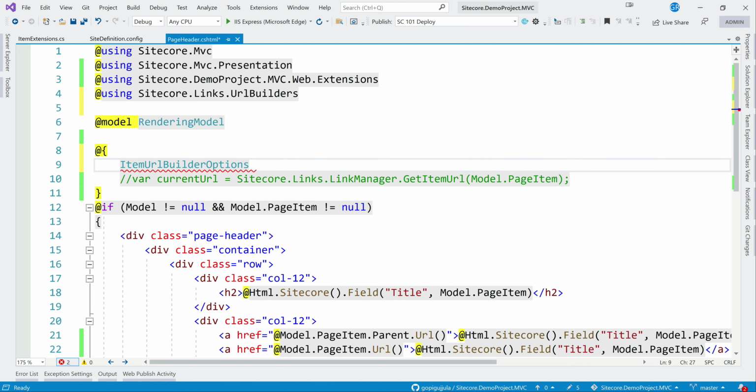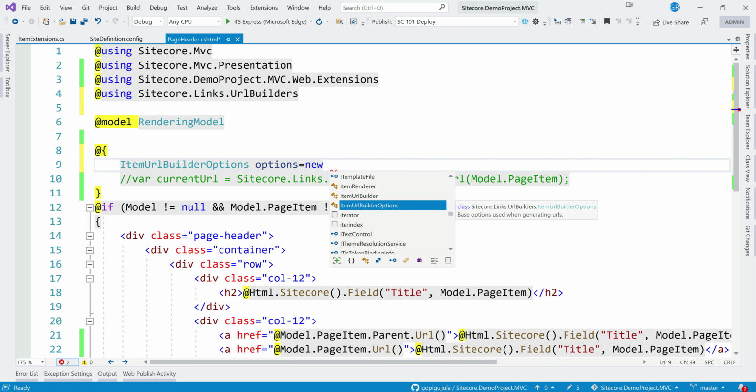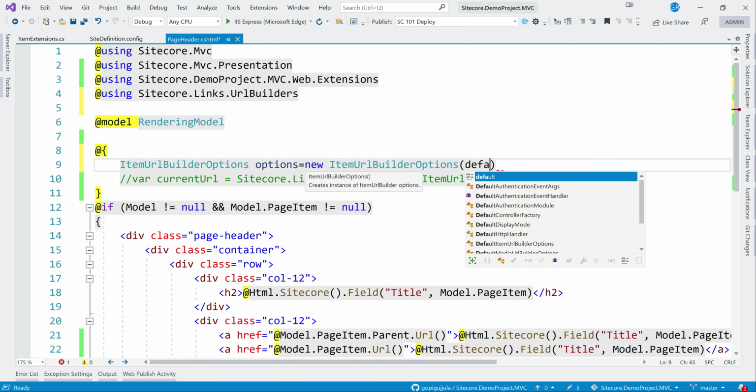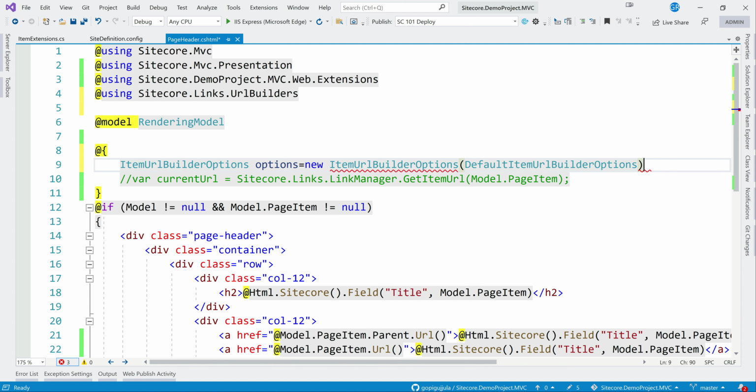So I have options, new item URL builder options. We can pass default item URL builder options. If I want to pass, I can pass, or else also is fine, I guess.